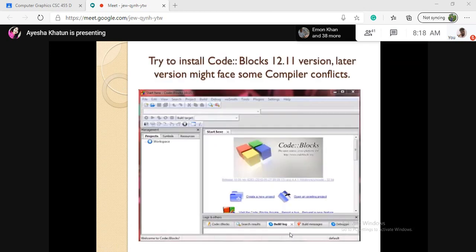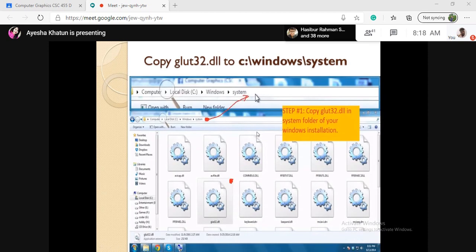So the first thing is that you have to install Code::Blocks, okay? And then after installing Code::Blocks, you have to go to this URL, that is in your local disk where you install all of your software, and then Windows and System32.